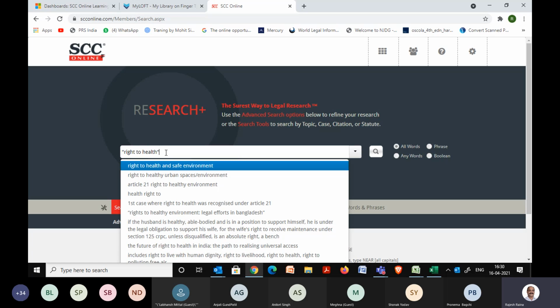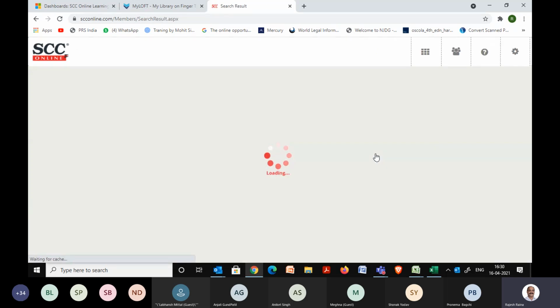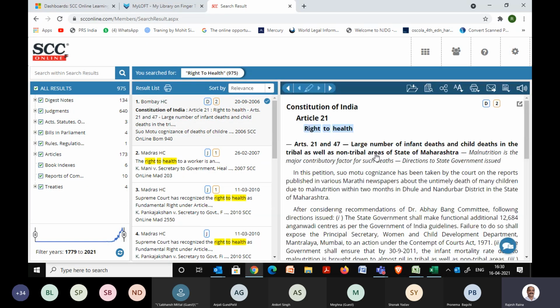So what the software will do, it will pick this as a single word. Otherwise, without these inverted commas, it will be picking these words in a scattered manner, as and where they are appearing in different paras. But here it ought to be as a single word. It is going to pick it.